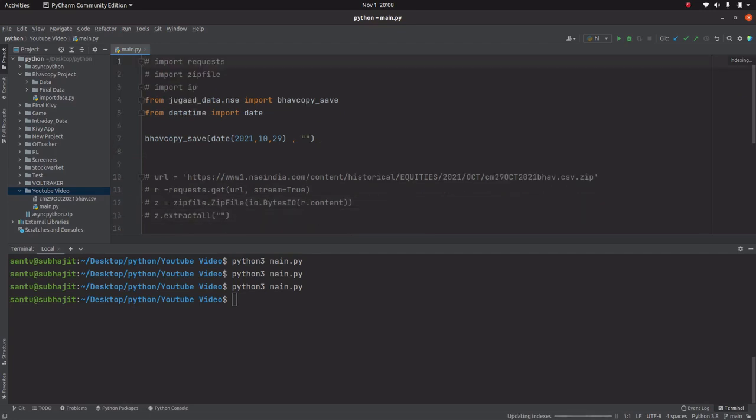So please comment in the comment section of this video which method is easier for you, so that I can understand, and if we continue on the topic of bhowcopy, we will try to analyze the bhowcopy and how to pick the best stock based on the bhowcopy data. So we'll follow that particular method and try to develop more things using bhowcopy.